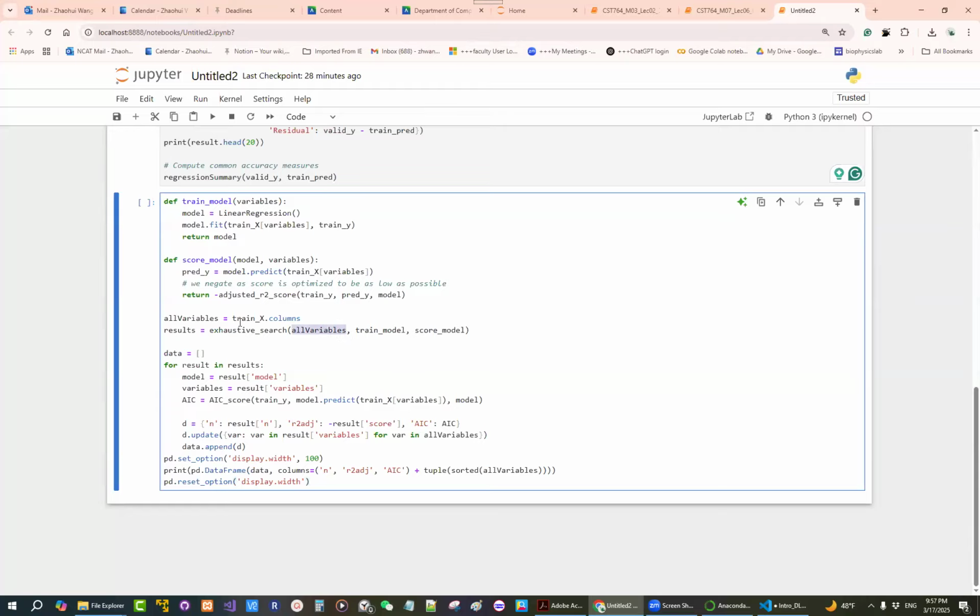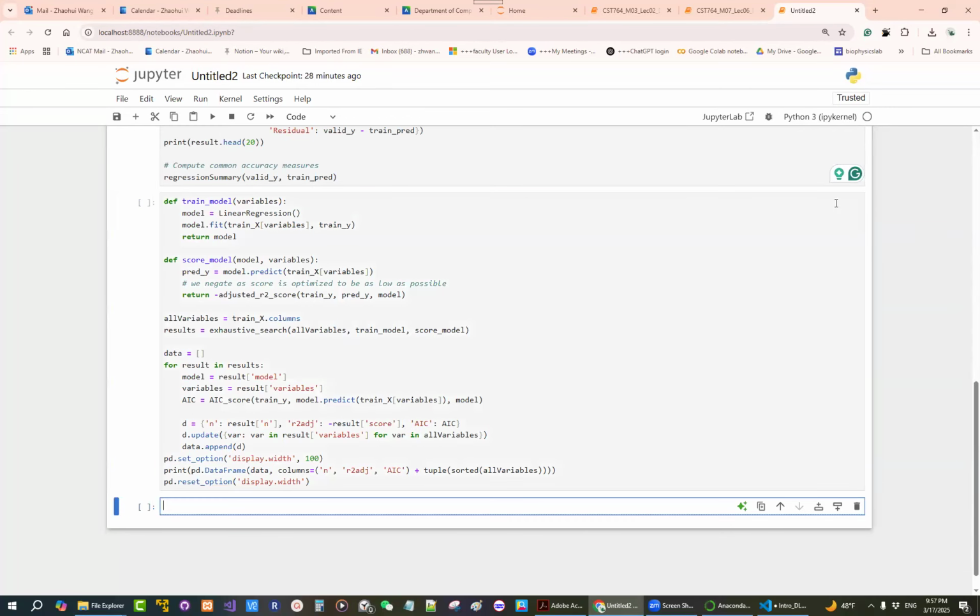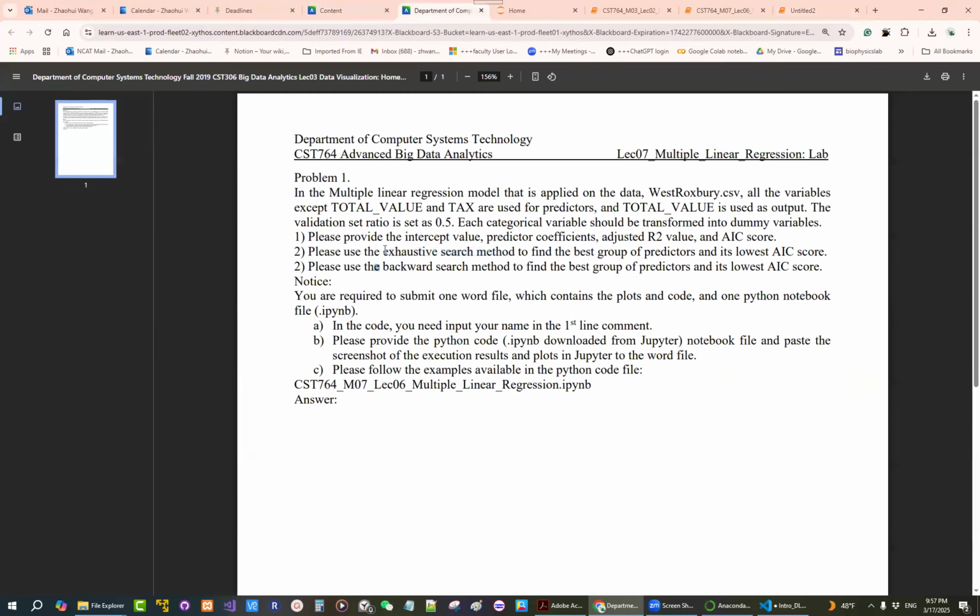So all variables are defined. So the code will not be changed, it will be the same for the exhaustive search. Then we define